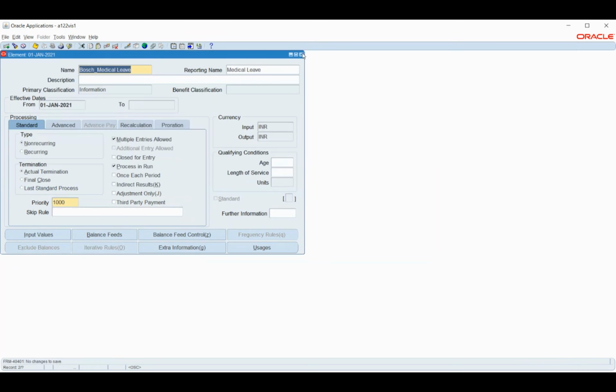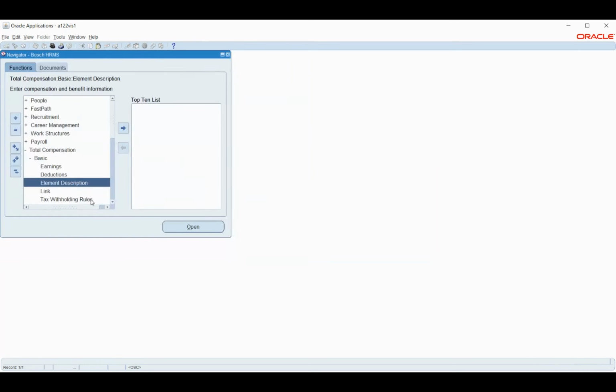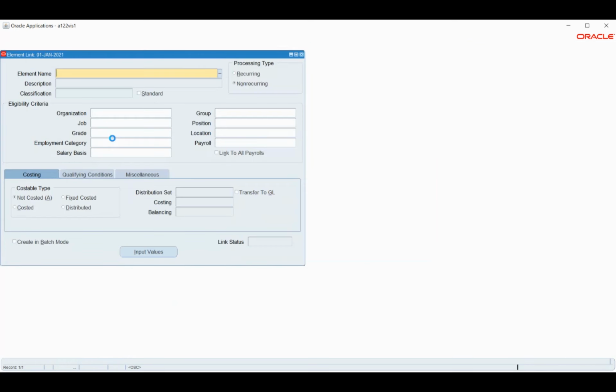So similar setup. I'll just link this also with the payroll, and then we will query back the employee and attach it there.